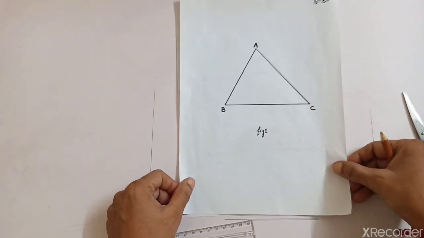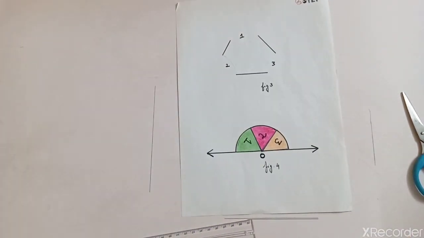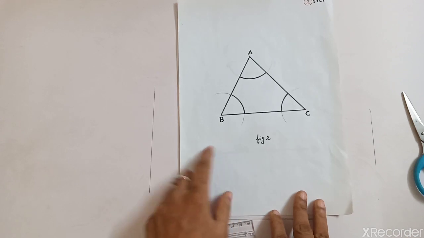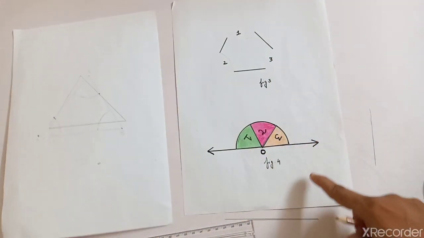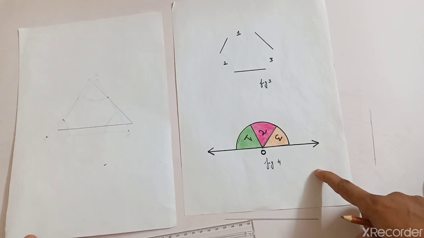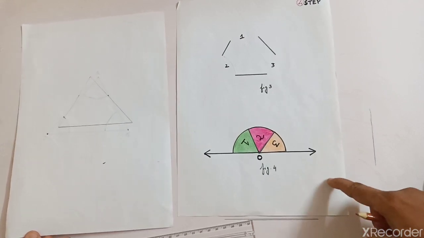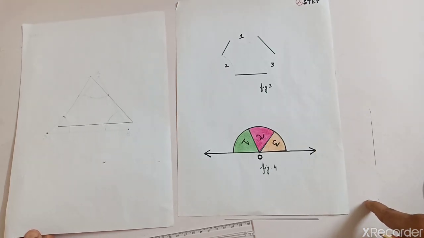This figure you will stick in your activity notebook, and then you are going to stick this, then this one, then the second one, this one, this is the second one, and then these two will be the third and fourth. So these four figures you are going to stick in your activity notebook, and what you are going to write, all that I will explain to you in the presentation.